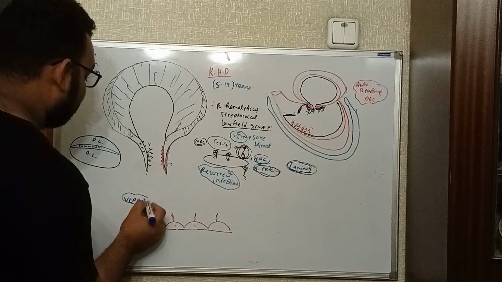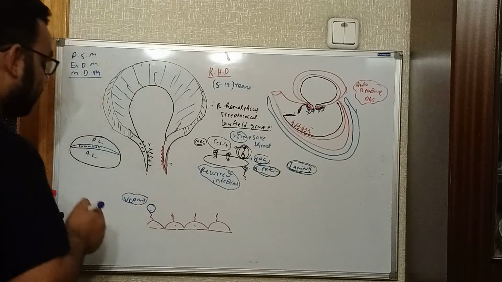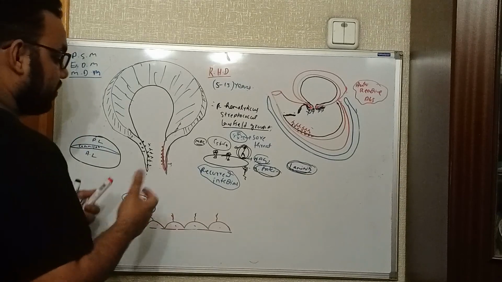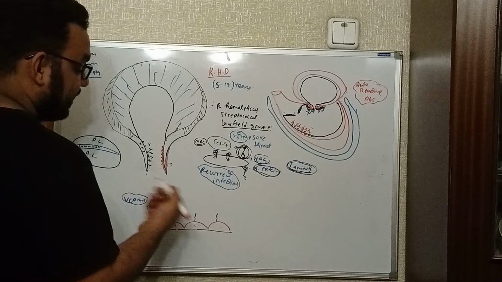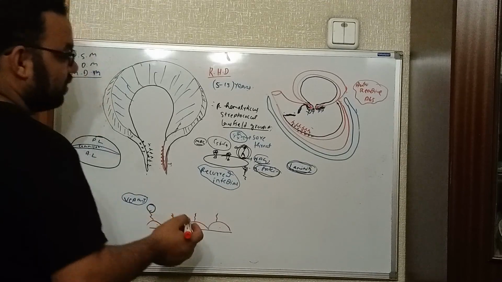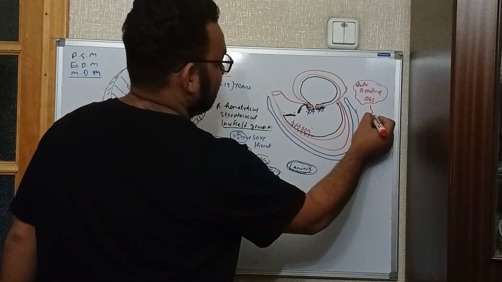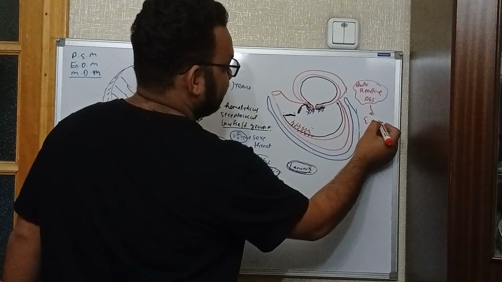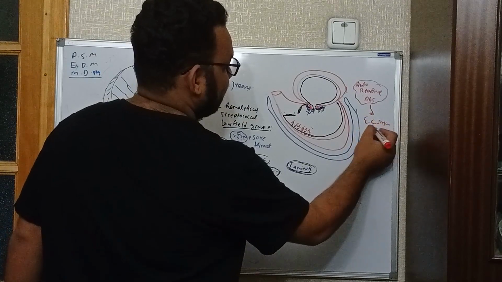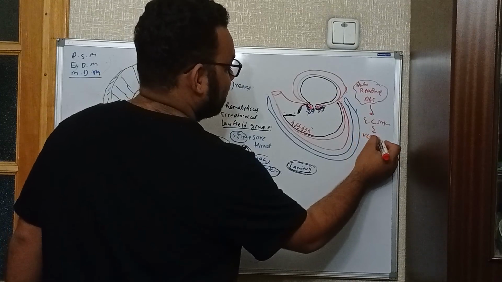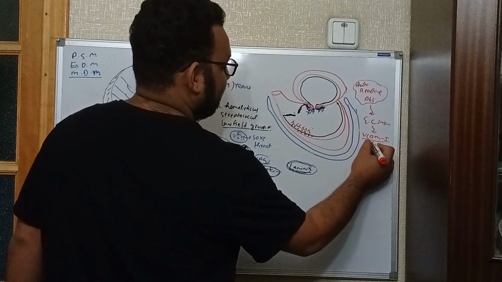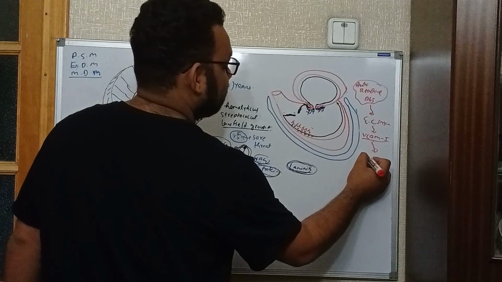Okay, whenever the VCAM-1 is present, there will be the production of one type of chemical signal that can activate or attract other cells. So first I said autoreactive antibodies, then the endothelial cell injury, and they can express adhesion molecules, where you can see that VCAM-1 will get attached, and that can ultimately activate the CD4 positive T